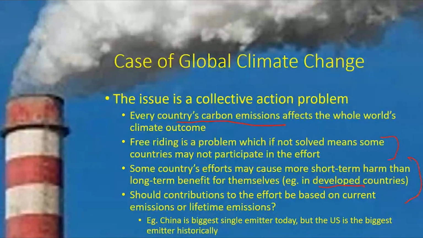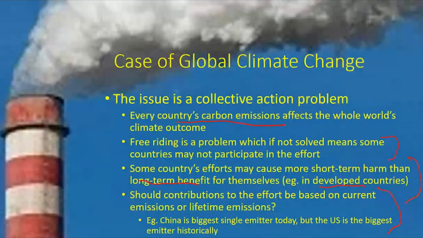And developed countries, well, here we're asking developed countries to make changes to the way they produce and consume, and the benefit is not likely to even accrue to the people in the developed economies if the effects of climate change are going to be mostly weighted towards developing economies in the rest of the world. So you're asking people to make changes to their behavior in the US so as to help people in India and in the South Pacific Islands and things like that 10 years, 25 years, 50 years in the future. It's a hard sell. It's difficult to get people to jump on board for an activity like that.